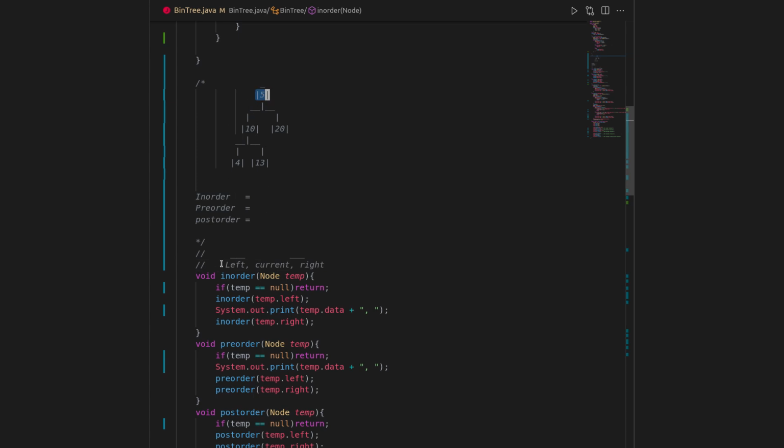Now we will recursively execute the in-order traversal function first on the left child of phi, right? So we will execute the function on node 10. Then after arriving at node 10, we will again execute the in-order traversal function for node 4 because it is the left child of node 10. So when we arrive at node 4, we will execute the function on the left child of node 4. But as it is null, it will just return from the function. Then we will print the value of 4 because we were at node 4.